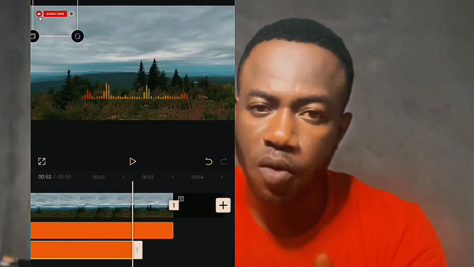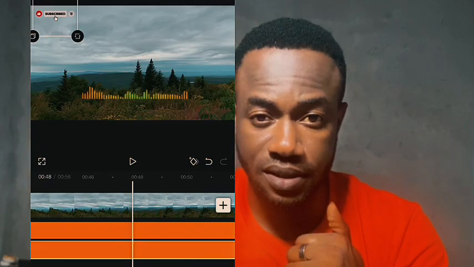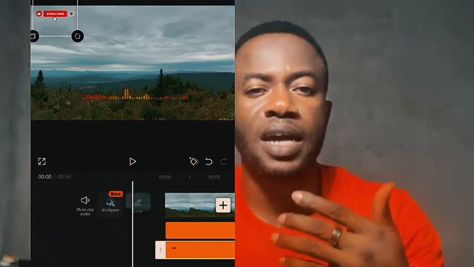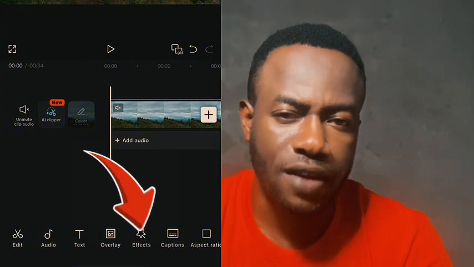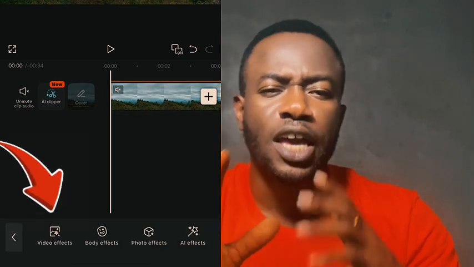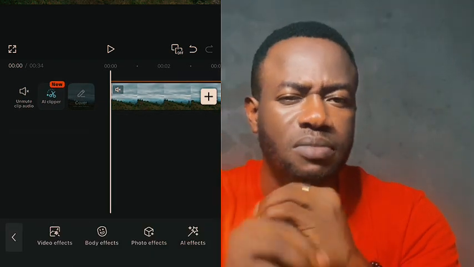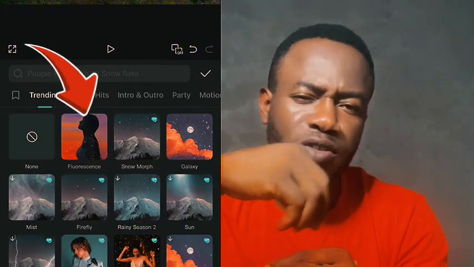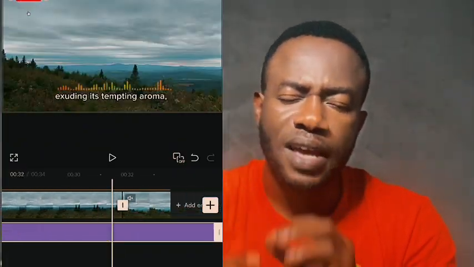Another one is you need to add effects. Maybe you can add a fire effect, a sky effect, a snow effect, a fluorescence effect, or a light effect, just to make your video look cinematic, just to add a kind of flavor to your videos. Okay, after adding effects,